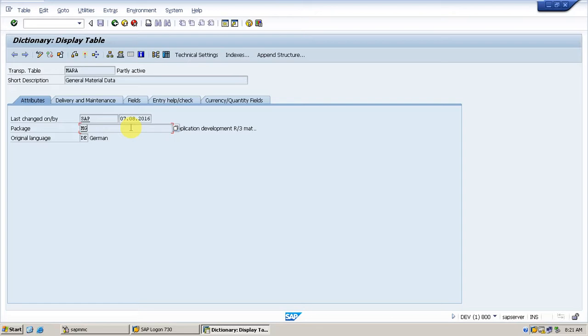Once we create our table, I will explain this. If it is a standard table, the last change by user will be SAP. Then we will see we have lots of fields over here.